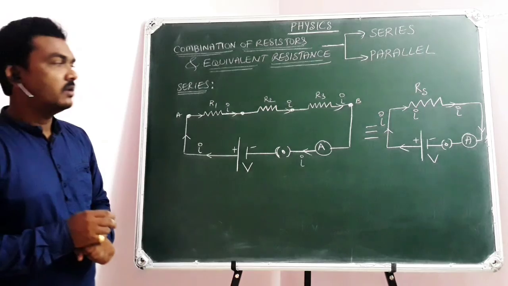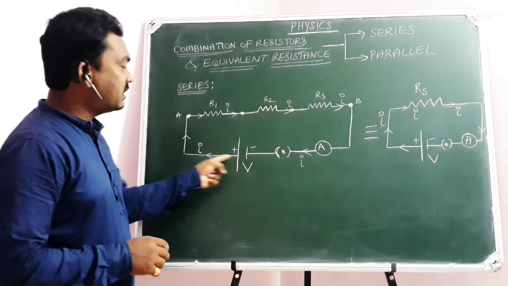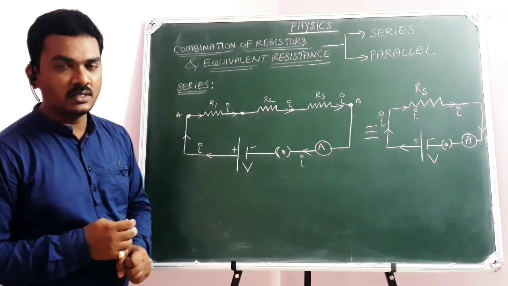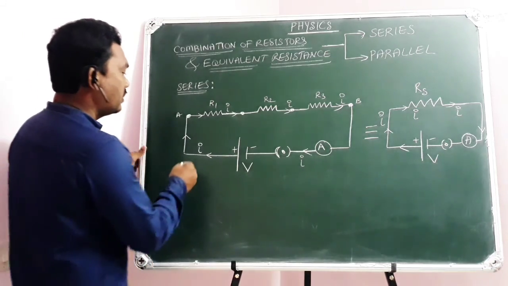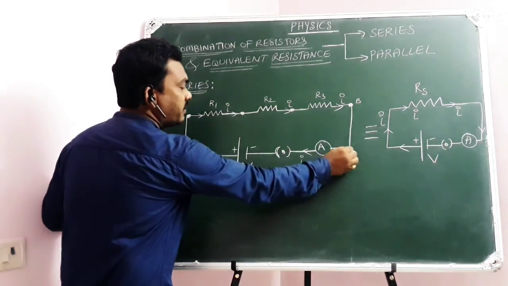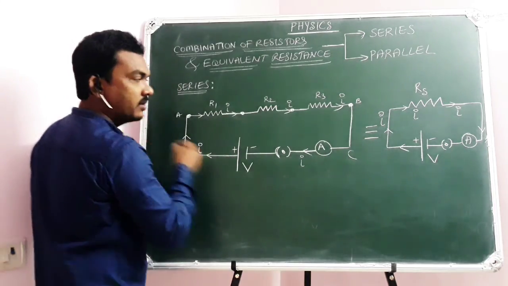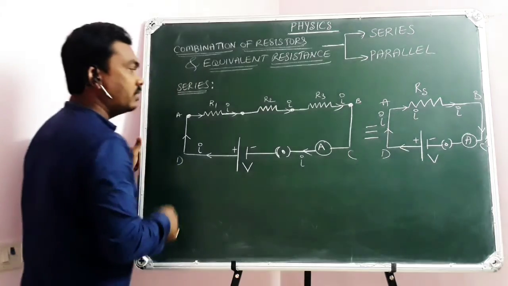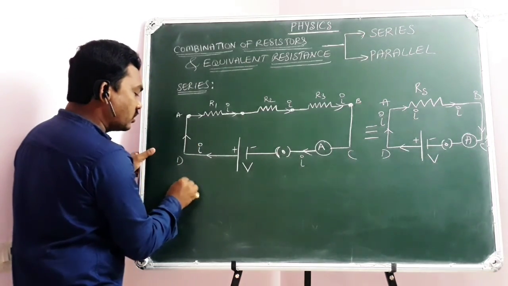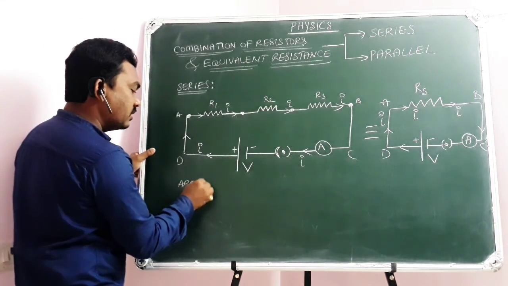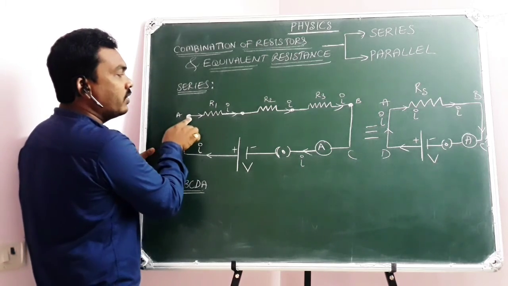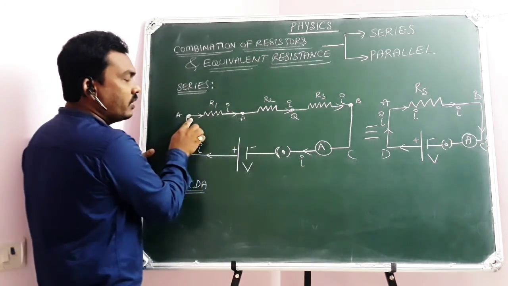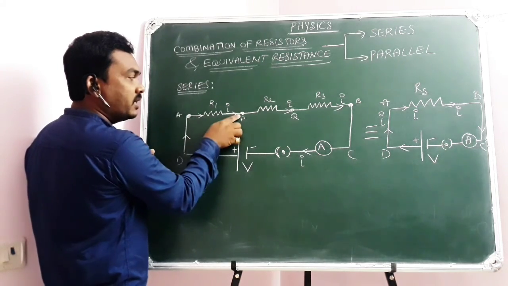Hope you got clarity. Now in this situation, as it is a closed loop, I can apply KVL, Kirchhoff voltage law. Here, let me start. This is A, B. Let me take this as C and this as D. Of course, this is the equivalent circuit. So A, B, C, D. Now when you are taking the closed loop A, B, C, D, A, you are moving from A to this one. Just suppose P, and this is Q, just for some time. So you are moving from A to P.